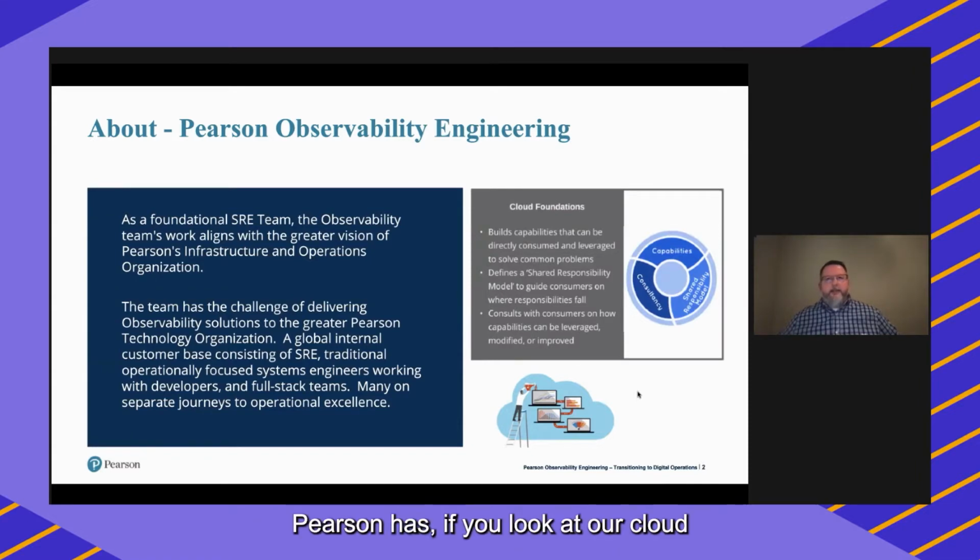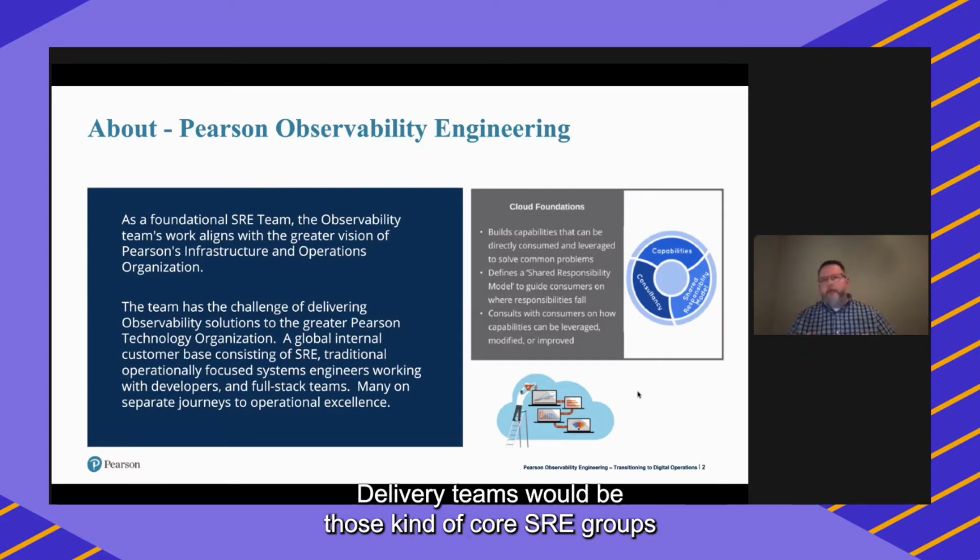Pearson has, if you look at our cloud or engineering organization, what we consider delivery site reliability engineering teams and then foundational teams. Delivery teams would be those core SRE groups that you would think of that walk in lockstep with our development and delivery teams to deliver infrastructure and have that operational support